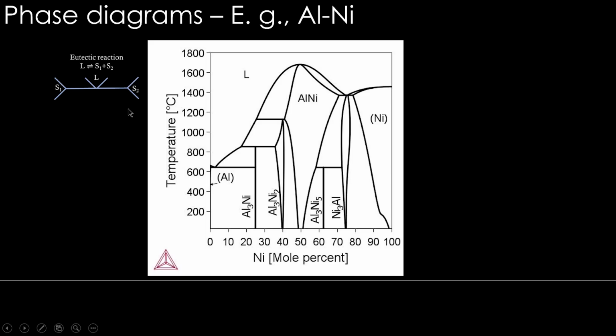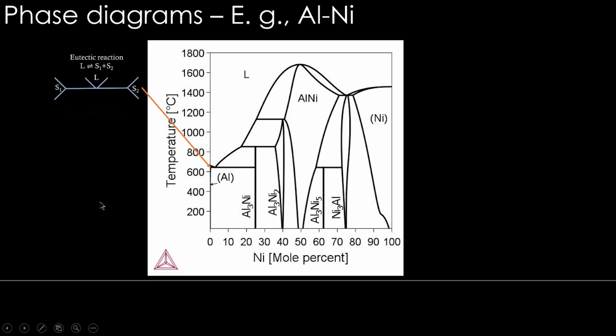How to identify the reactions? First reaction is there is a eutectic reaction. Liquid is becoming two solids. So this is the kind of pattern we said for eutectic reaction. This is going to be slightly different, and this is actually happening here. But identifying that would not be that straightforward because the exact pattern will not be there.